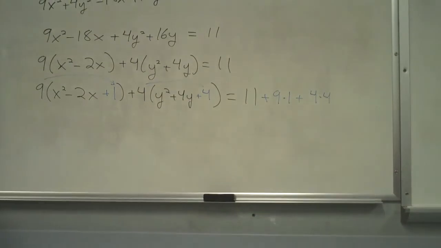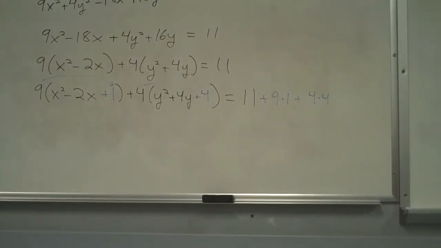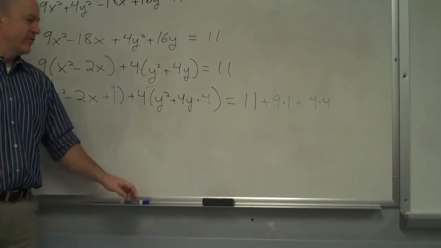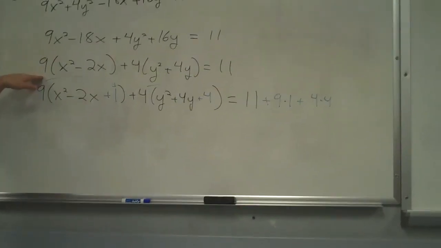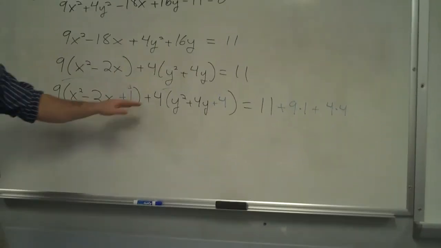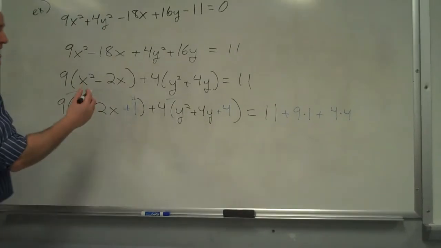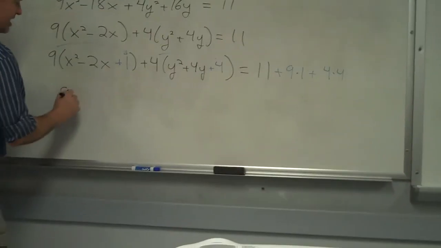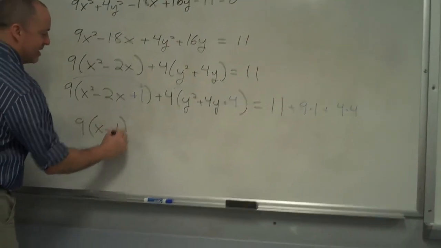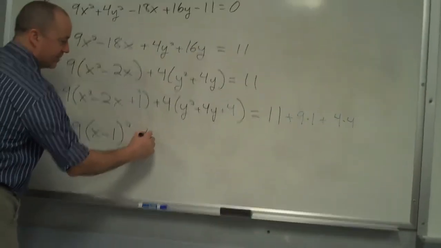Right, and then you divide. That's probably the most common mistake. Forgetting to, after you factor out the greatest common factor, forgetting to multiply it by what you got by completing the square. Now this looks something like 9 times x minus 1 squared plus 4